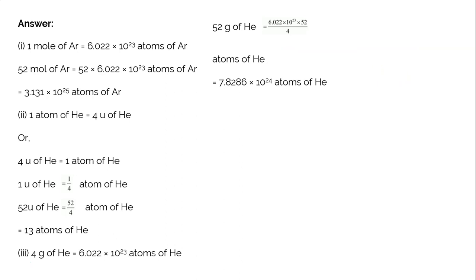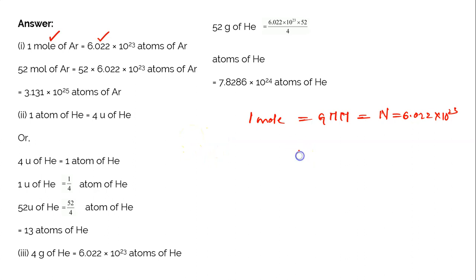In the first case, they are talking about 1 mole of argon. 1 mole of any substance will be weighing equal to its own gram molecular mass, and it will be consisting of Avogadro number of particles, which is nothing but 6.022 into 10 power 23. So 1 mole of argon will be consisting of Avogadro number of atoms, which is 6.022 into 10 power 23 atoms of argon. And its gram molecular mass is how much? The gram molecular mass of argon has been just calculated in the last question itself.